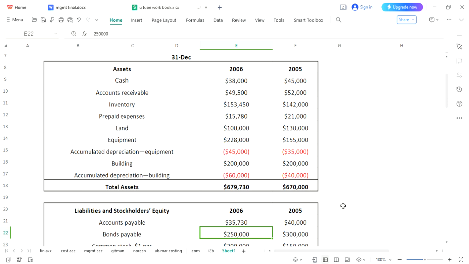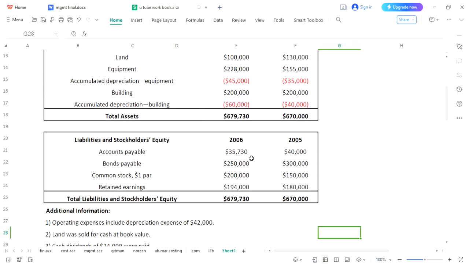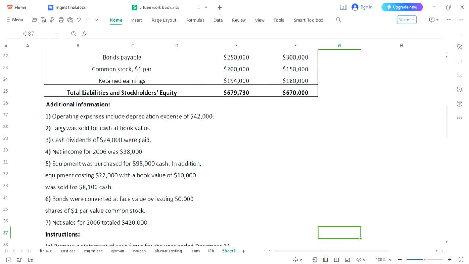The next part of the question is over here, the liability side. Again, opening liabilities are given on the right side, closing liabilities are given on the left side. And there are a few adjustments related to this cash flow statement. The main theme is you want to know how much cash has gone and how much cash you have received. That means you are willing to know the outflow of cash and the inflow of cash.